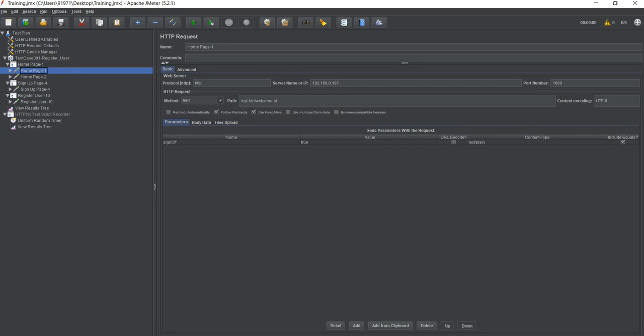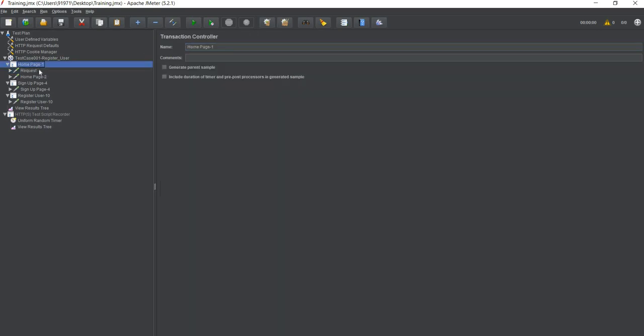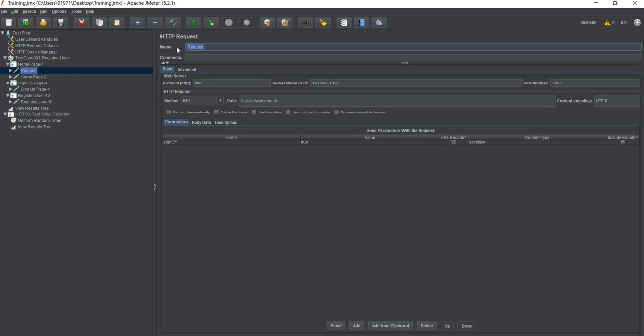So let us go ahead and change them again. So this is request 1. It is very important for you to set up these transactions. I'm really sorry, this is to be home page, and you say it as 1.